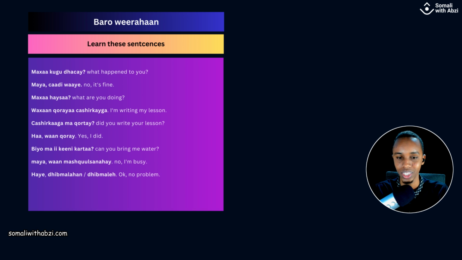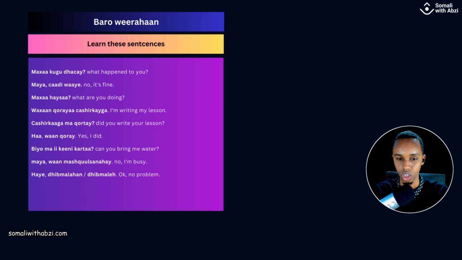So the next one is casharkaaga ma qortay. Casharkaaga, we already knew that. Your lesson. Ma is a question word. Qor is write. Qortay is the past. So casharkaaga ma qortay. Ha waan qoray. No one would say that in real life Somali. Just ha, or just waan qoray. Yeah? Or sometimes kids always say